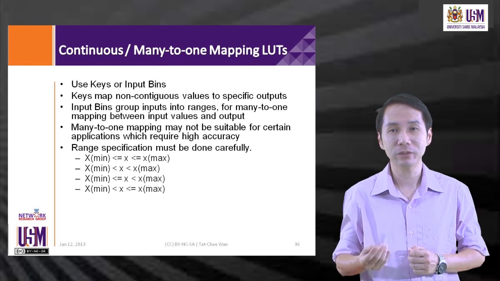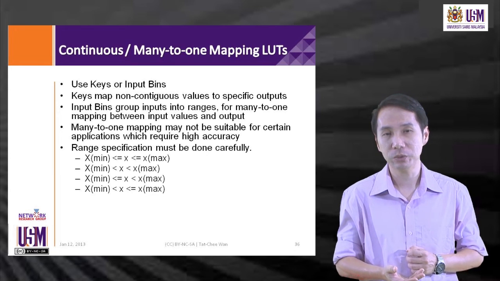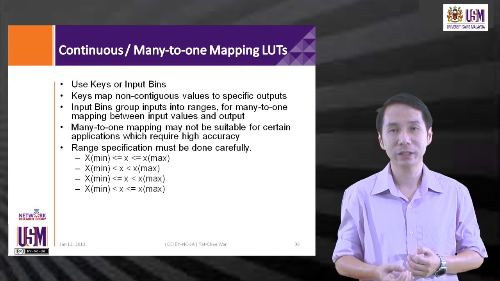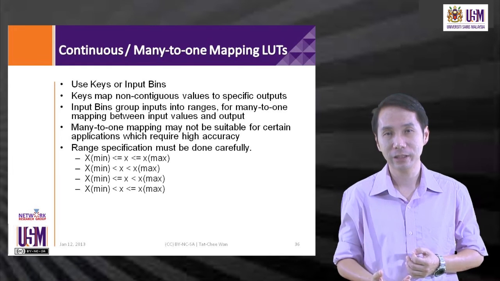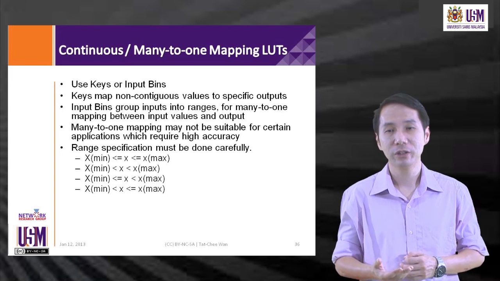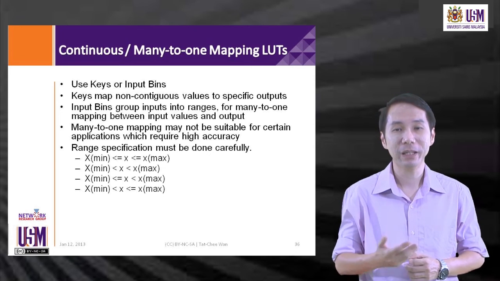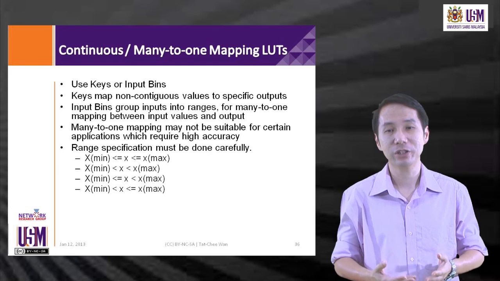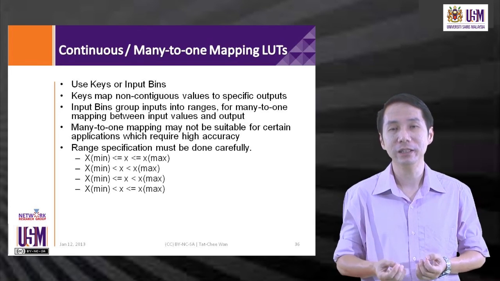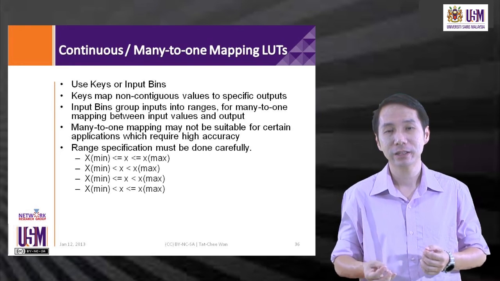Examples of keys may include things like characters, like in text character input, or else various constants that are used to represent specific enumeration types. Now, input bins group inputs into ranges for many-to-one mapping between the input values and the output. Many-to-one mappings may not be suitable for certain kinds of application which require high accuracy. However, if we are able to deal with the limited accuracy of such a solution, we can use this many-to-one